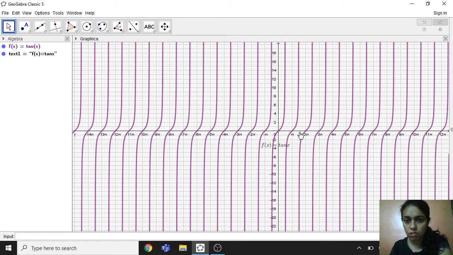In a similar manner, just look at tan 3 pi by 2. It looks like the graph is touching the line of 3 pi by 2, but it meets it at infinity. So tan pi by 2 is not defined, tan 3 pi by 2 is not defined. In the same manner, you can look even along the negative x-axis. Now let's try to see what happens in the intervals.